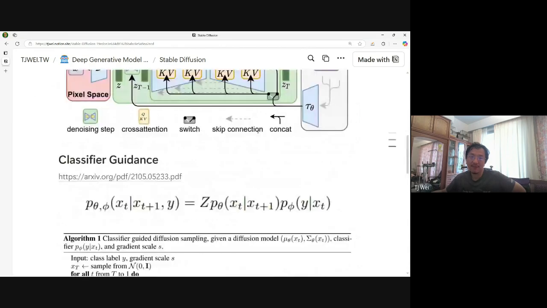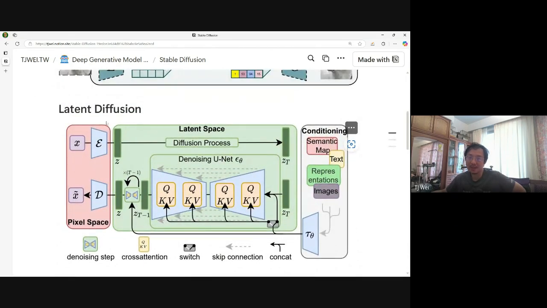The architecture is in fact quite like the architecture of latent diffusion. So it will have an encoder and a decoder, a variational autoencoder, to encode the pixel space image into latent space, or decode the latent back to the pixel space. 好，所以它第一个元件就是 VAE， 它可以做 pixel space 跟 latent space 之间转换。